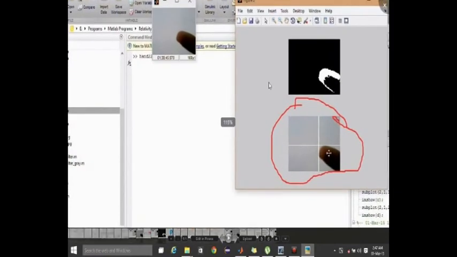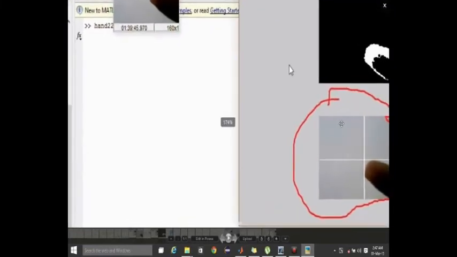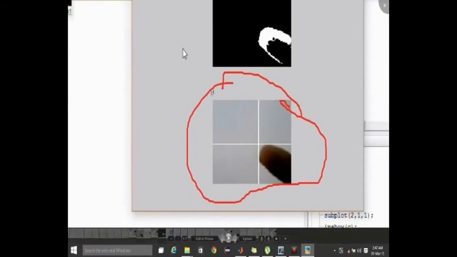As you can see, this is the minimum row. Here the origin is this one, this is the origin in case of MATLAB. So this is the minimum row value. And as you can see here, the finger's skin color's minimum row value, and this is the minimum column value. Okay, and so we are getting those values, and we are drawing a straight line at the minimum row value and minimum column value, and we are getting these lines.